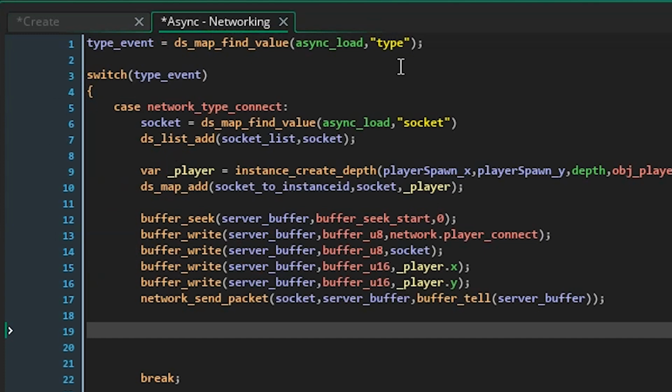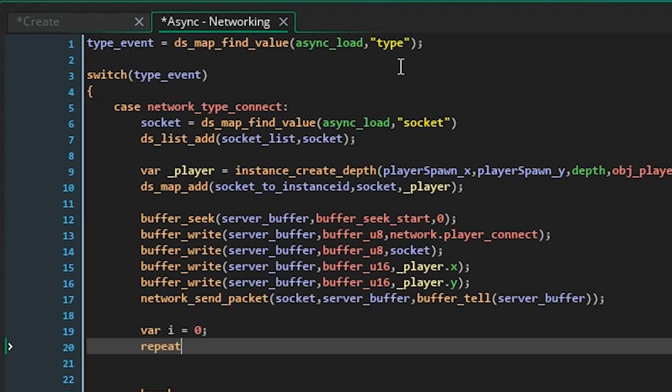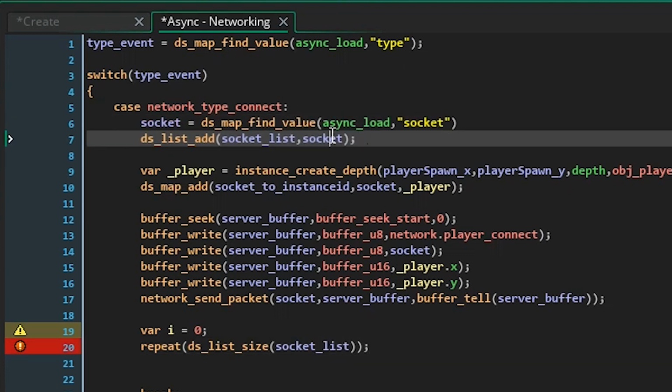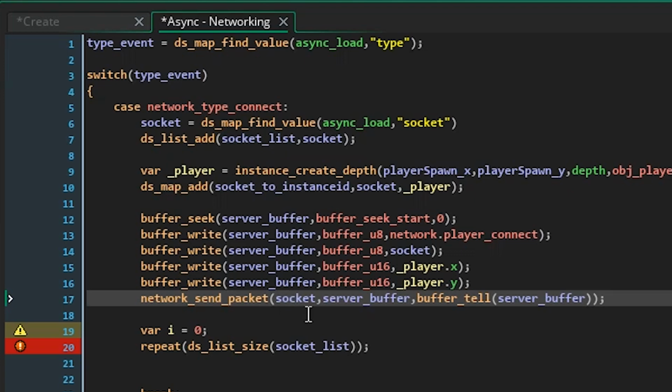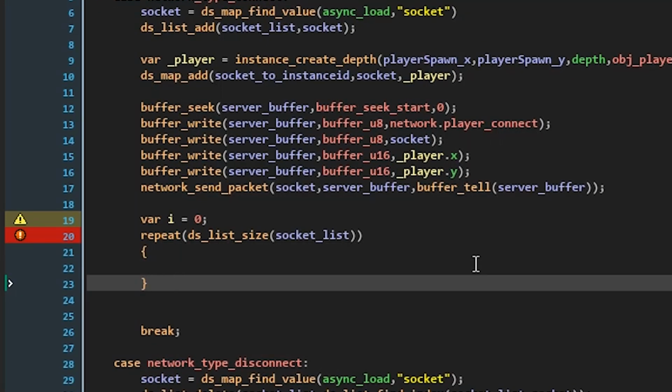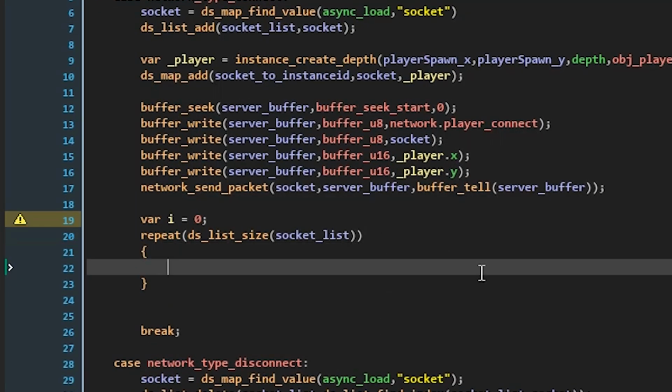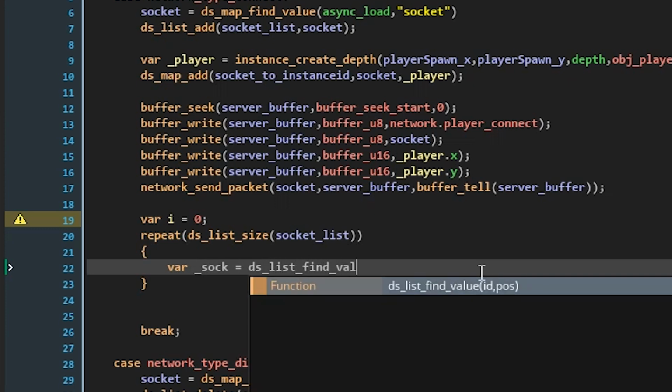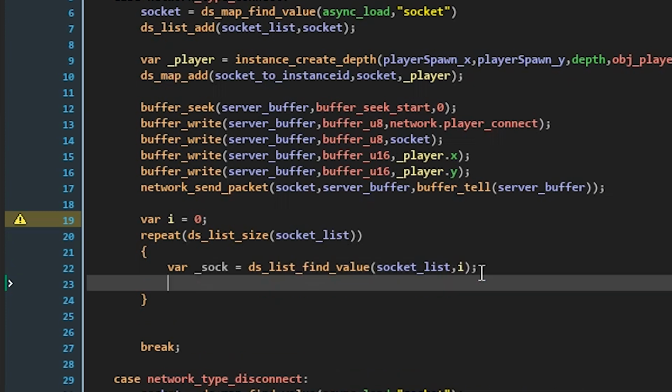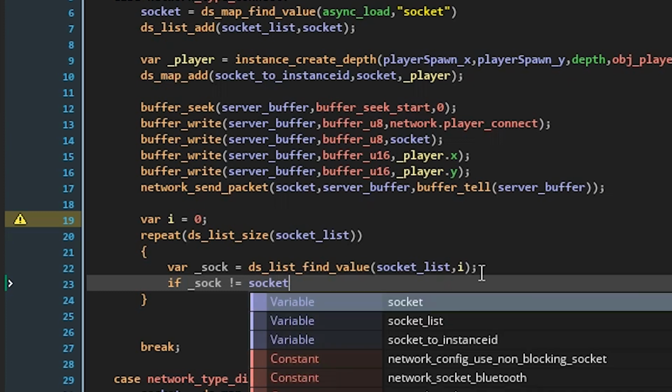So player joined. So how we send data to all the clients at one time is pretty simple. We're going to say var i equals 0, and then we're going to say repeat, and then we're going to say ds_list_size, and we're going to say socket list. So remember this guy right here, we add all the sockets that join into this list called socket list. And remember, sockets are that unique ID we use to send packets to the other connected players. So we're going to repeat the size of this list, and then we're going to say var sock equals ds_list_find_value, and we'll say socket list, and we'll say i, and if sock does not equal socket, which is again the connected player at this point,